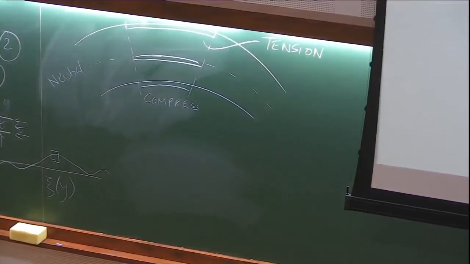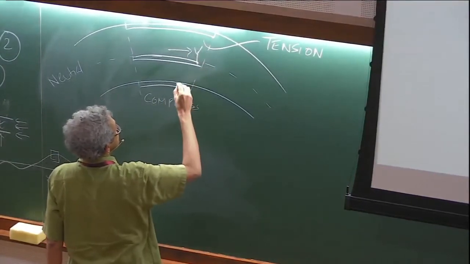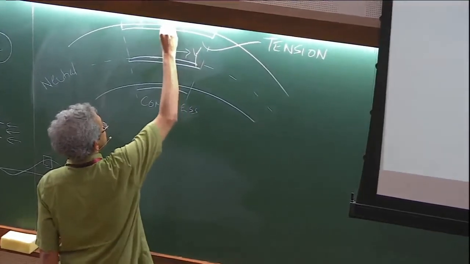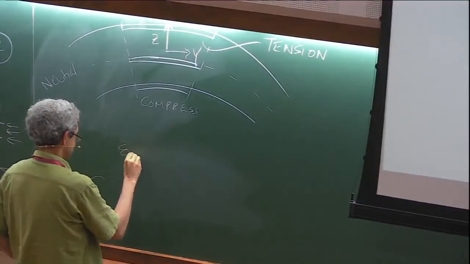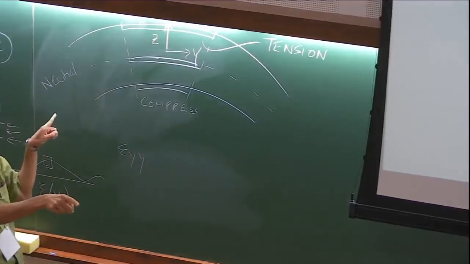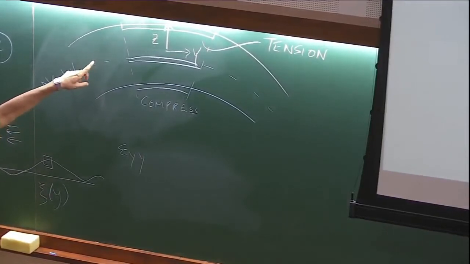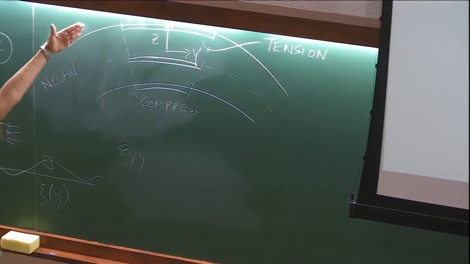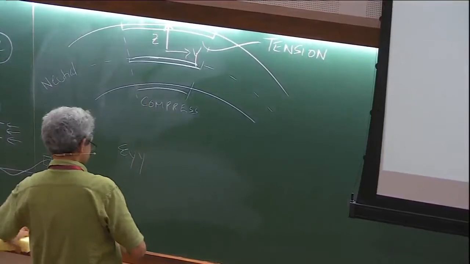So here, if you ask, again, this is wholly inappropriate for this, the way I've written it, but let's say that's Y and let's say that's Z. Okay? The strain in this direction, it's EYY in this direction. Okay? It's 0 in here. It's negative here, positive there. Okay? And if you like, we can do this in terrible, painful detail, but